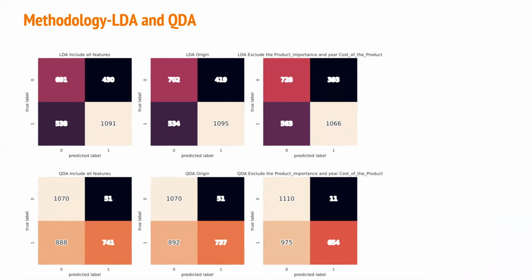When only product importance and the cost of product are taken out of the variables, the model provides a higher accuracy rate when predicting non-punctual delivery. But the correct proportion of predicting on-time delivery is low, which is generally higher than the optimal error rate. So we can see 0.74 larger than